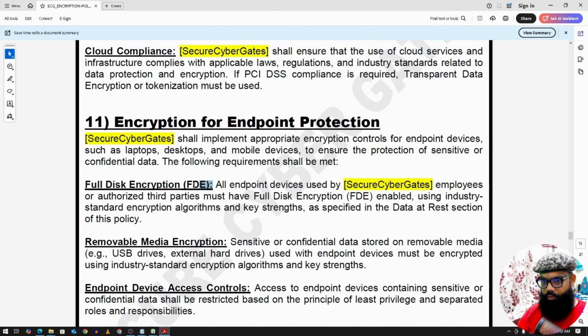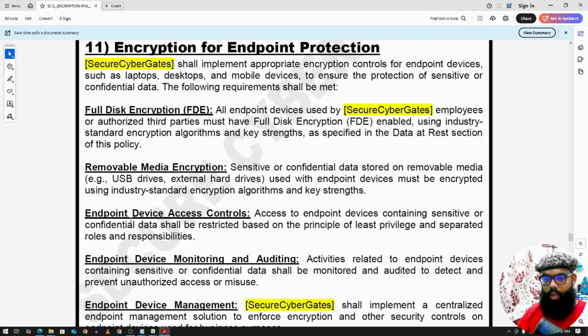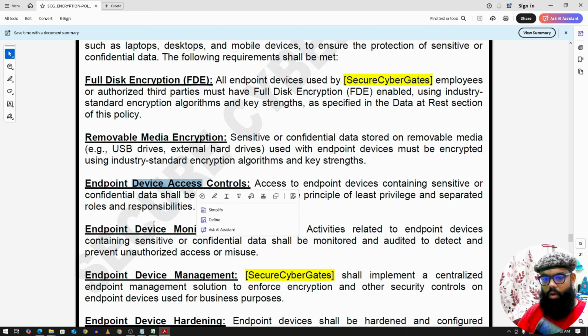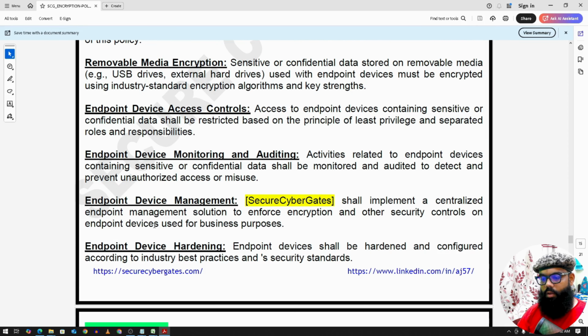For encryption for endpoint protection, on all company laptops we have something called BitLocker. BitLocker full disk encryption. BitLocker is supported on Windows machines. This should be enabled, and a recovery key of that BitLocker should be kept securely by the employee who is managing that asset, okay? Removable media encryption, endpoint device access control,